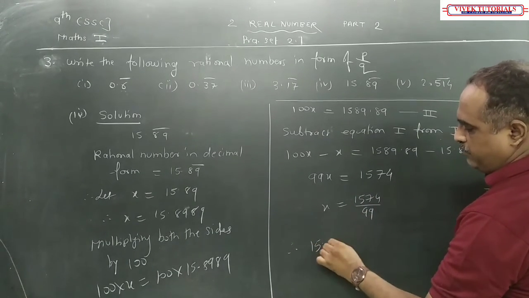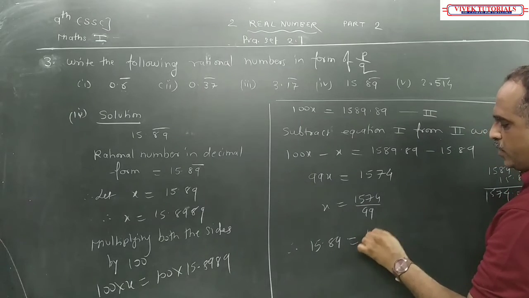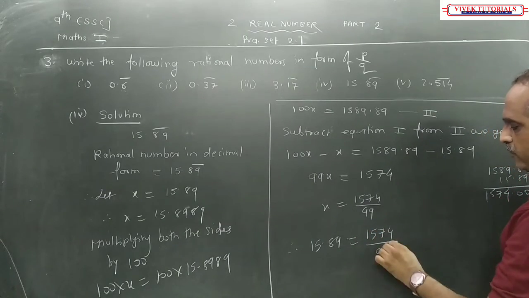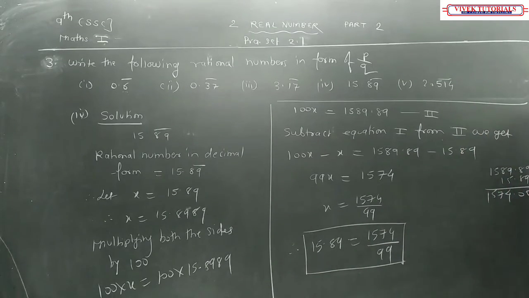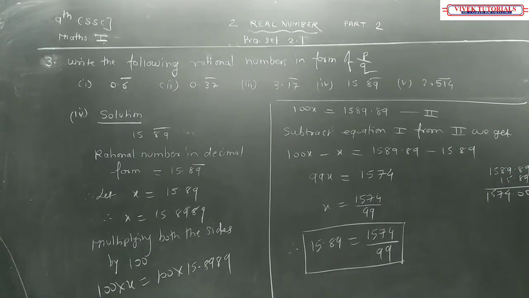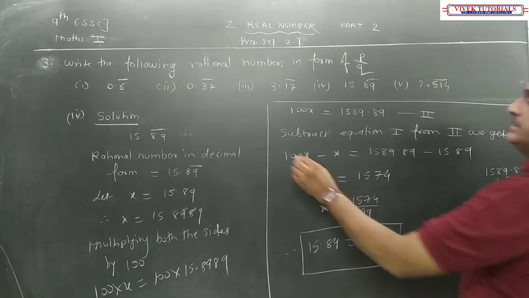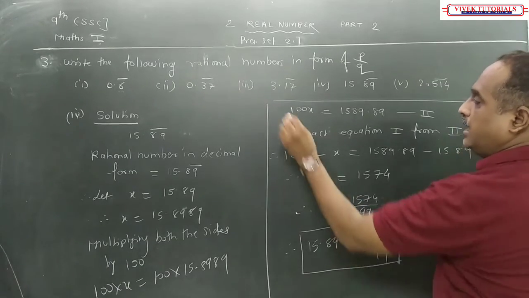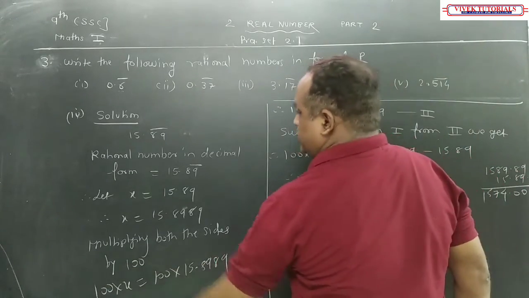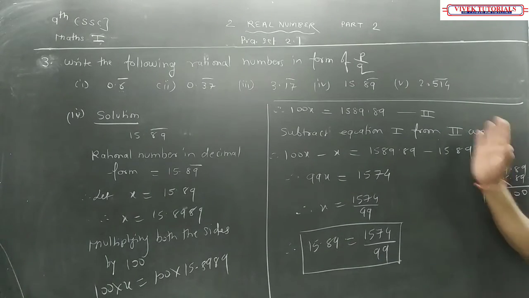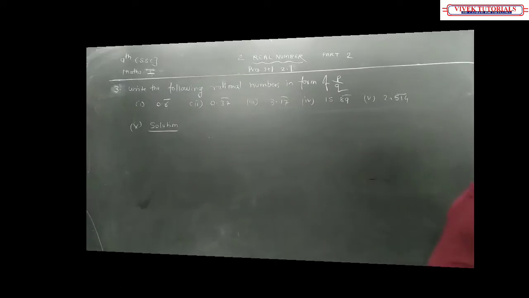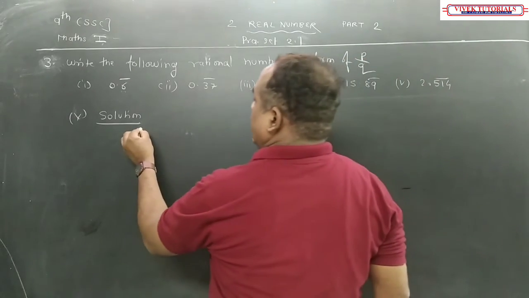Therefore 15.89 recurring is equal to 1574 by 99 is the answer in the form of what? P upon Q. Please put the therefore sign properly. You should have a good representation. I think your answer matches this answer. If not, copy down properly. Now, fifth question is